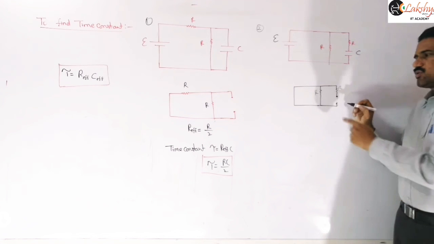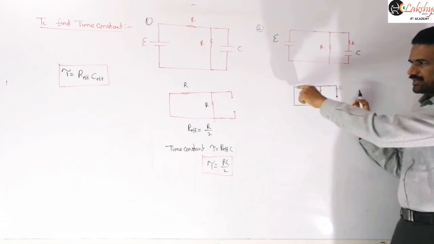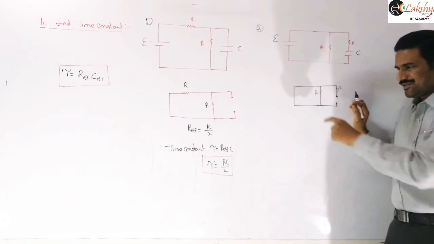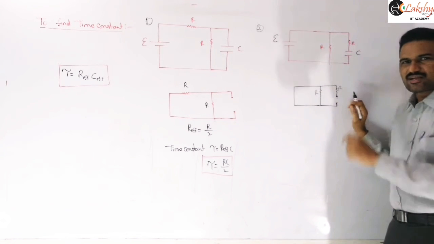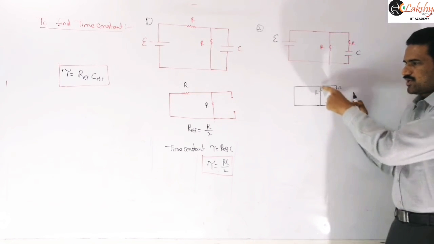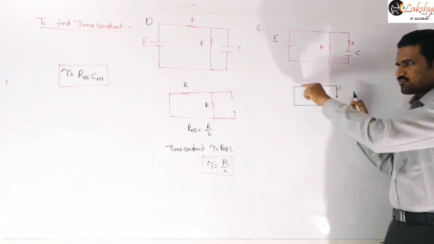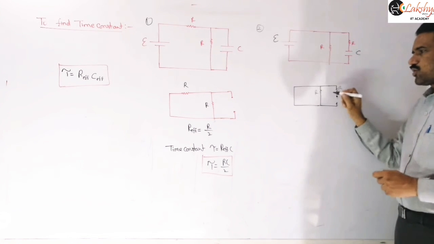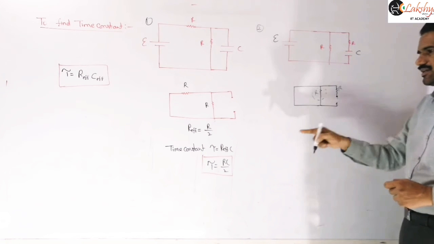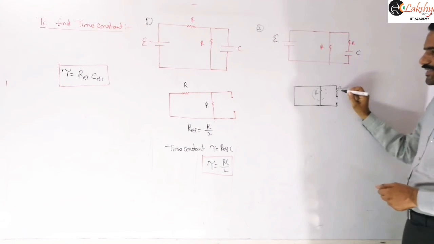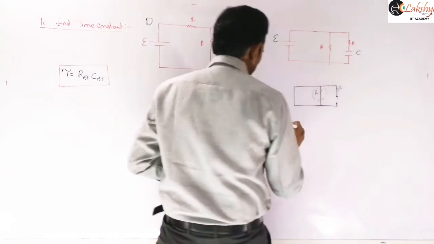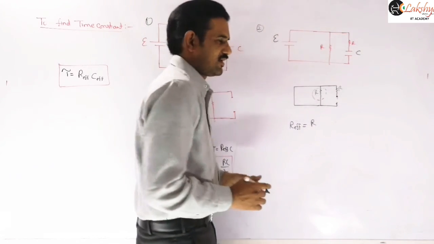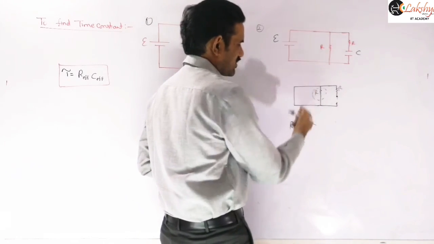Is it clear? Because this resistance is short circuited. A conducting wire is there across this. What is the potential difference across this resistance? Zero. Once you short circuit the cell, this resistance becomes ineffective because we are getting a conducting wire across it. So we should not consider this resistance while calculating the R effective value. Then only this R is there, so I am writing the effective resistance is equal to only R. Is it clear? This resistance is ineffective, it is short circuited.